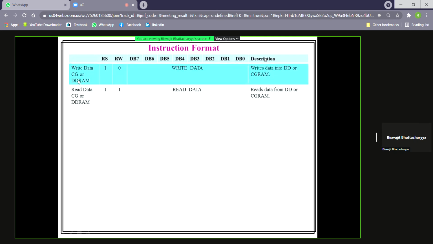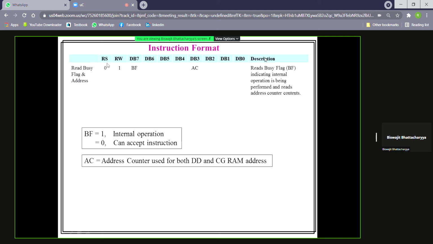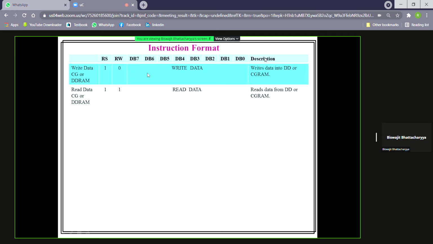Now write data to the location. So for our data, RS will be 1. Previously, you see, in all instructions RS was 0. Now RS equal to 1 means we want to write a character. The ASCII character will be given here.